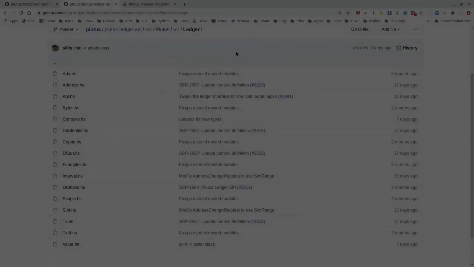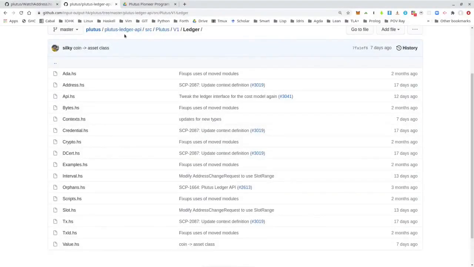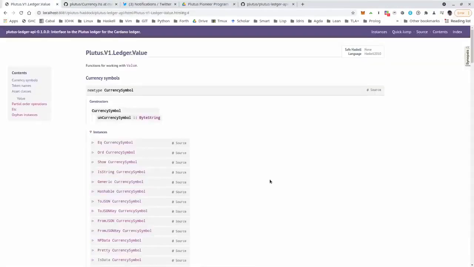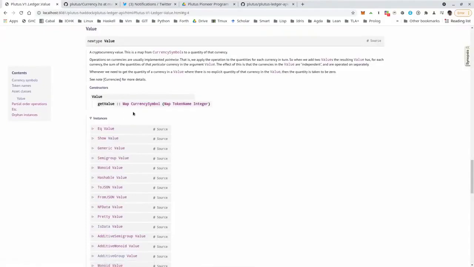The relevant types are defined in package plutus-ledger-api, and the modules of interest are plutus.v1.ledger.value, and then special support for ADA in plutus.v1.ledger.ada. Let's look at the value module first. A value is defined as a map from currency symbols to maps from token names to integers, which sounds a